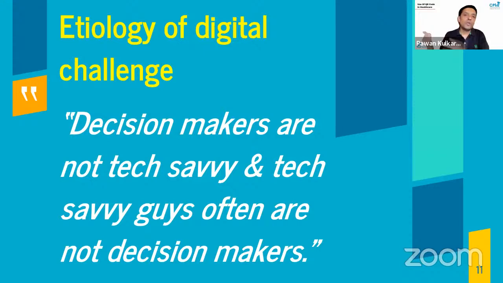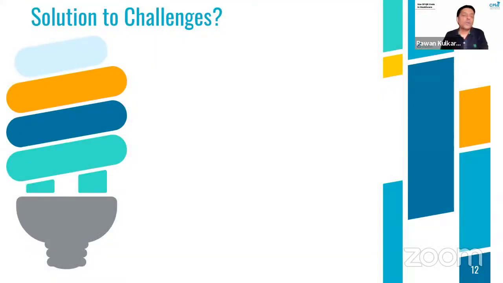So anything related to digital QR and all gets stuck because somebody high up will not understand the utilization, and those who understand don't have the power. So this is something which we need to overcome. So what is the solution to all this? Now, a very quick solution which I feel, in terms